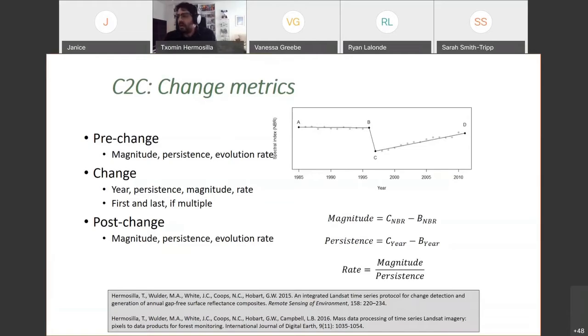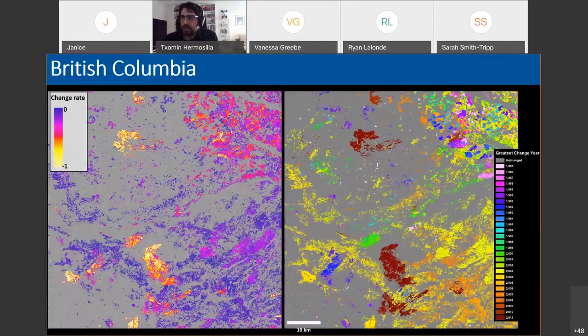So what does this imply? In this image on the left, I'm showing the change rate in spectral values for each pixel. So this is a normalized burn ratio. The highest values are given for areas that have been burned. We have areas that have been harvested in pink and red colors. And then with the lowest spectral values, we can see areas that had mountain pine beetle